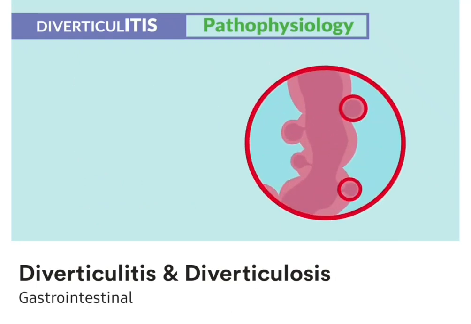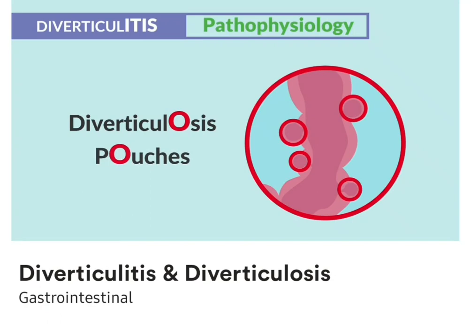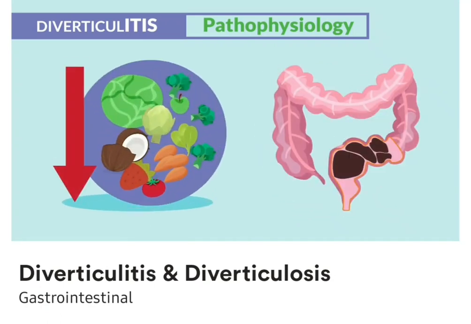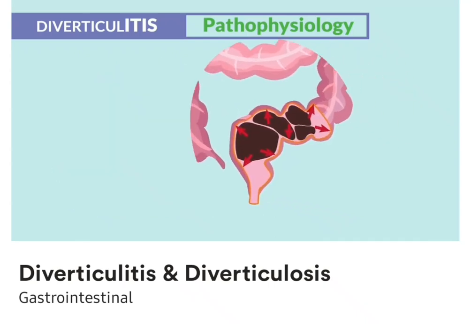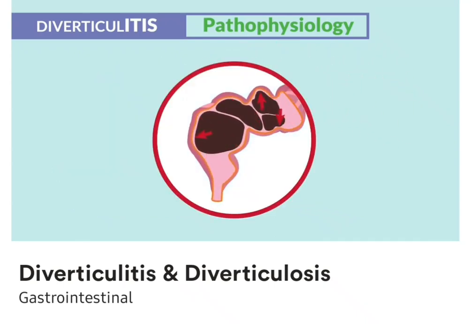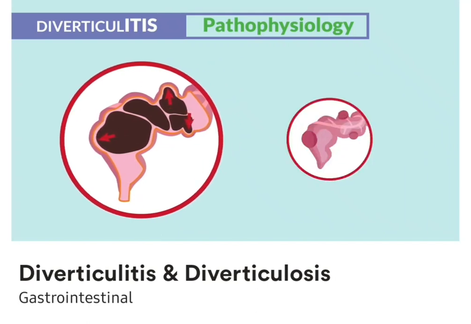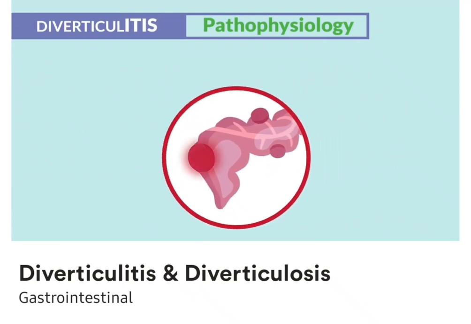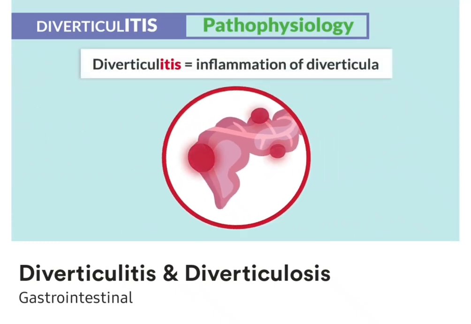So just think of the O's in diverticulosis for the O-like pouches, typically caused by a diet that lacks fiber, resulting in constipation and increased pressure within the bowels. This added pressure sort of punches and pushes those little weak spots in the tissue lining, making them bulge out into little pouches. Now, when these little pouches become inflamed, it becomes diverticulitis, an inflammation of the diverticula, or basically